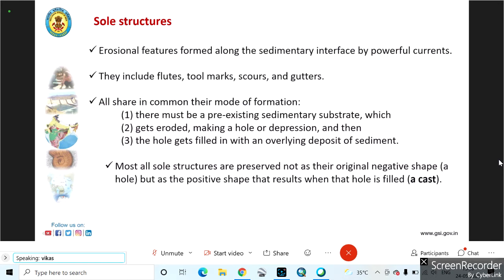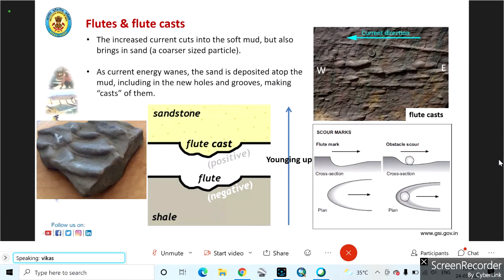You must have heard about flute casts. If it has been filled up, we call it a flute cast. That is a positive shape, what we call a positive shape. And if it's negative, it's just simply a hole. So next, please. Generally, negative shapes will not be preserved. They will be filled up, like what you're seeing in the bottom left side. That's a flute cast actually. You see, it's a filled up one. It's the negative one; it's just the impression of the lower part on the upper sediments. So these, which look like flutes, what you're seeing here on the left side, are the casts.